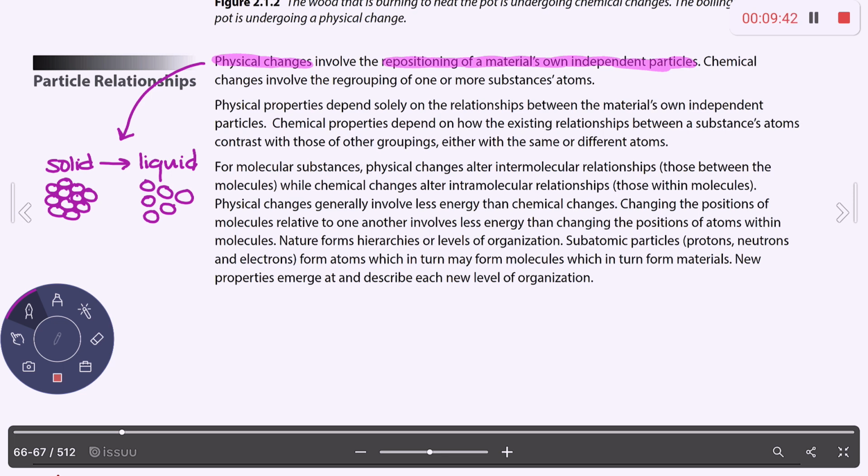Now, if we're talking about chemical changes, that is where you have to regroup the atoms themselves. So let's do an example of a chemical change, down here. If I have a water molecule and I'm going to break that water molecule apart into hydrogen and oxygen,